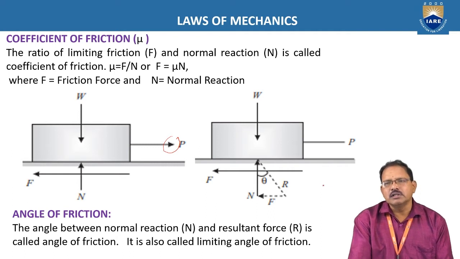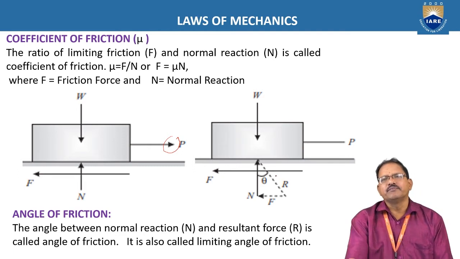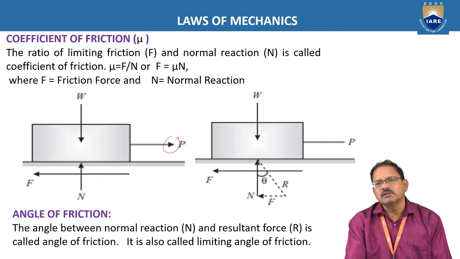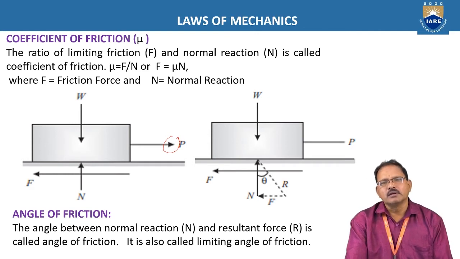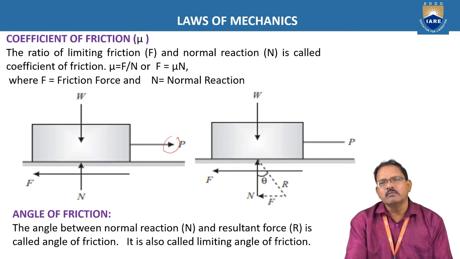The frictional force as well as the normal reaction are both acting. These two forces can be represented as two adjacent sides of a parallelogram. Then the diagonal passing through the point of intersection represents the resultant of the two forces. Or by using the law of triangle, if two forces are represented as the sides of a triangle taken in order, the closing side represents the resultant of these two forces both in magnitude and direction